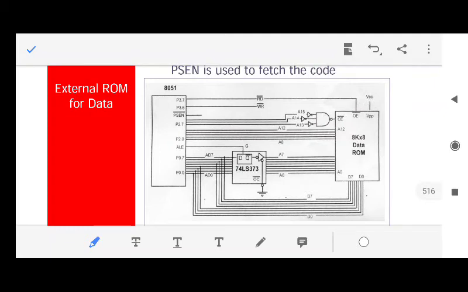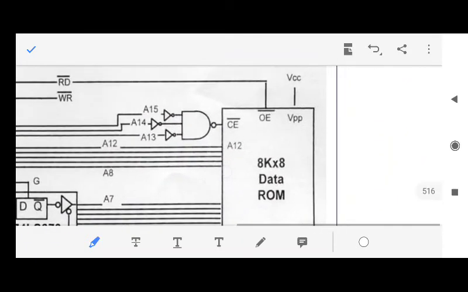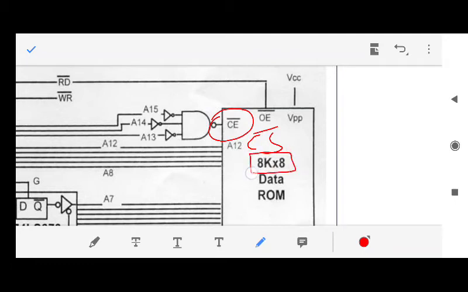In that case, when we are saving the data, we have already read in the previous video lecture that the chip enable signal or the chip select signal should be generated how? It should be generated through the remaining address lines. Let's see what the example is. The example is that it is an 8K by 8 data ROM. Please remember, it's a data ROM. So in case of data ROM, the chip select signal or the chip enable signal should be connected to the remaining address lines.